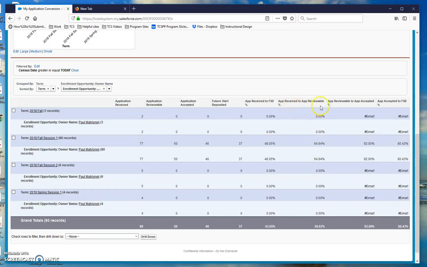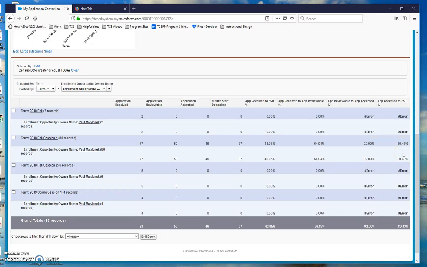App received to app reviewable: here's the application received, 77 to reviewable is 50, 64.94%. And then, of course, app reviewable to app accepted. You have app reviewable to app accepted, 46, and so 92% have been accepted in this category, and app accepted to FSD is